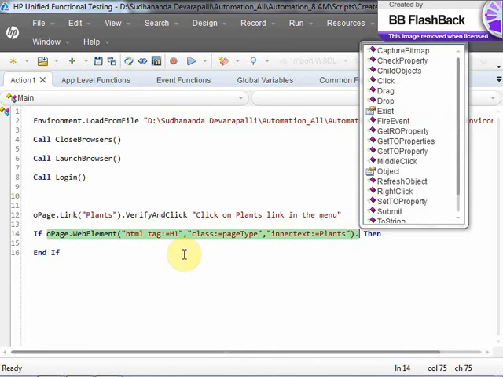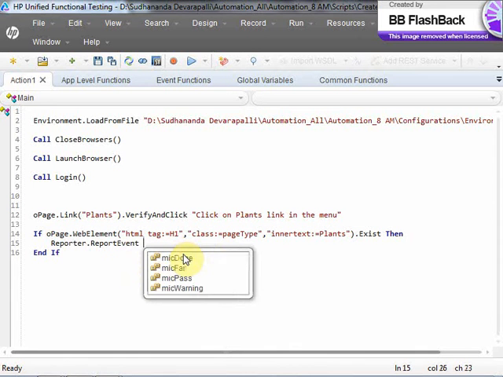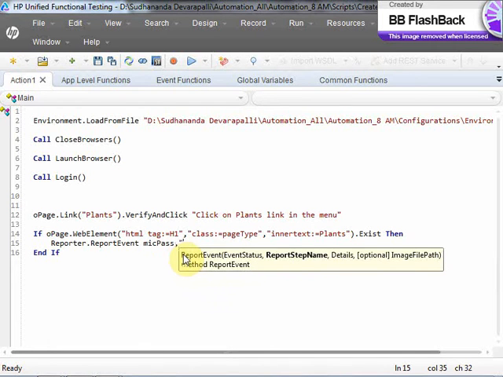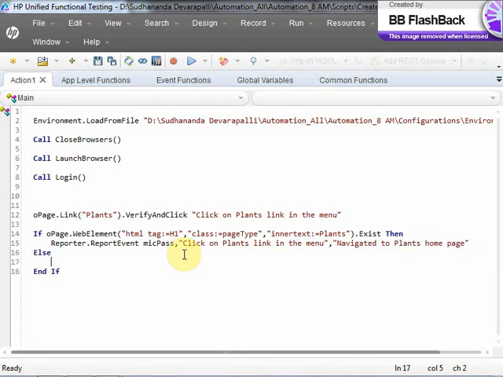So if this web element exists, then you can say reporter dot report event make pass. You can say click on plants link in the menu, navigated to plants home page. Else you can say